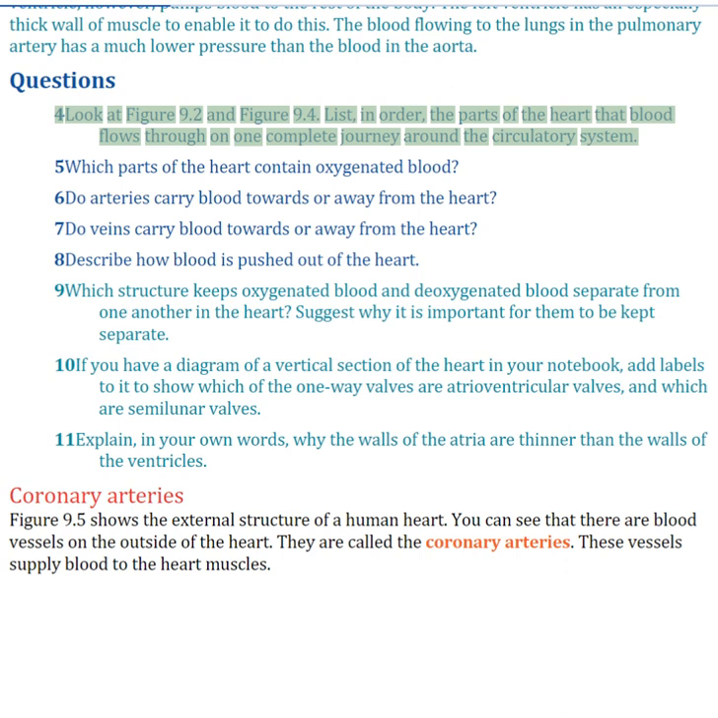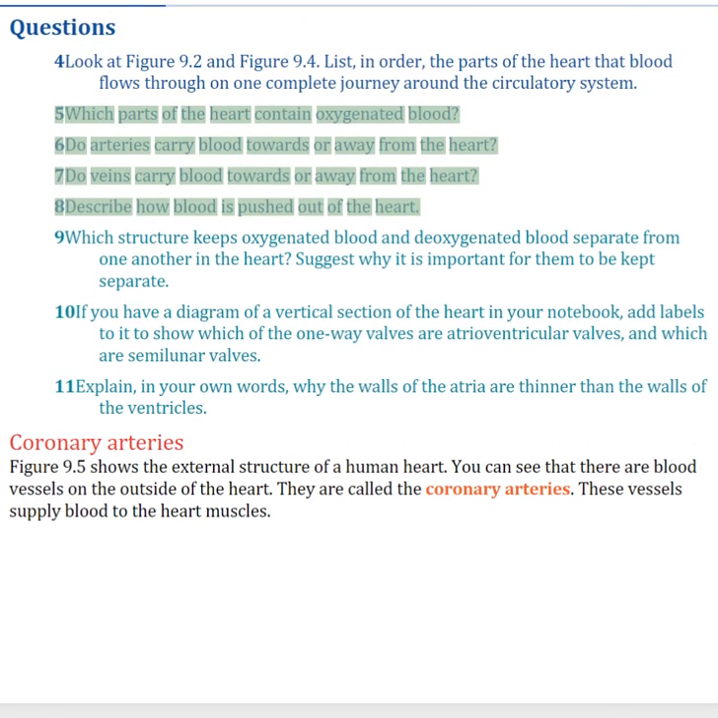Questions. 4. Look at Figure 9.2 and Figure 9.4. List, in order, the parts of the heart that blood flows through on one complete journey around the circulatory system. 5. Which parts of the heart contain oxygenated blood? 6. Do arteries carry blood